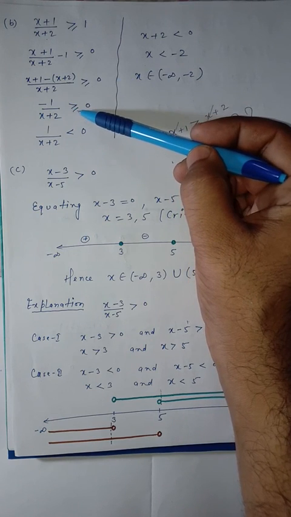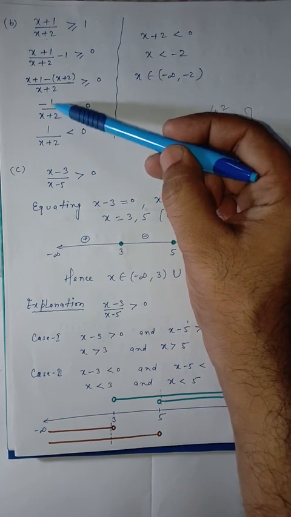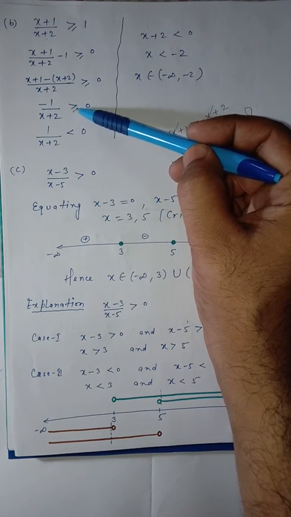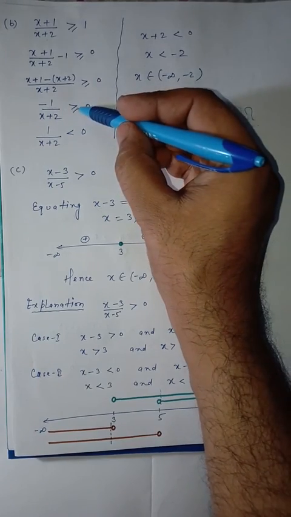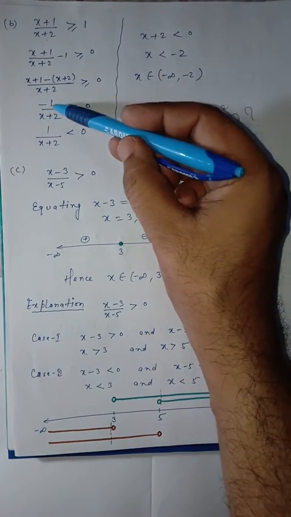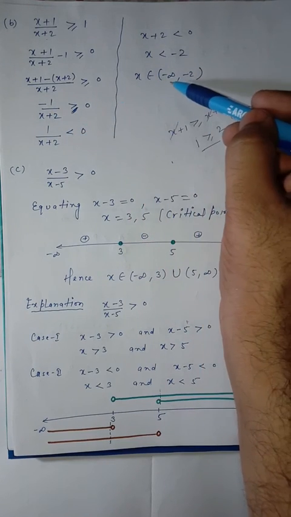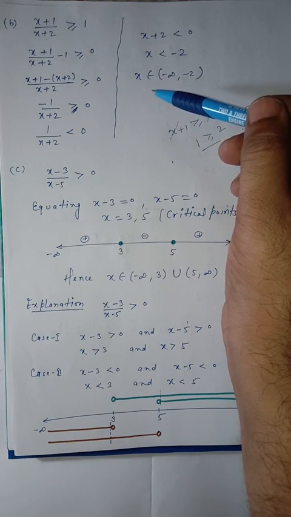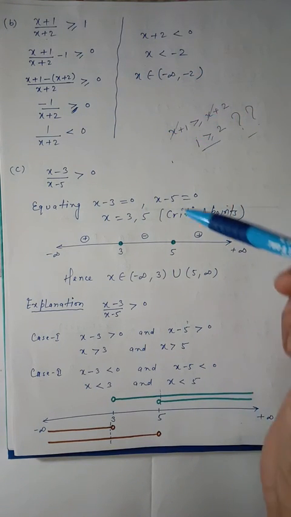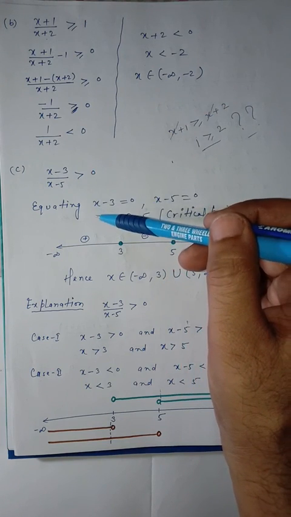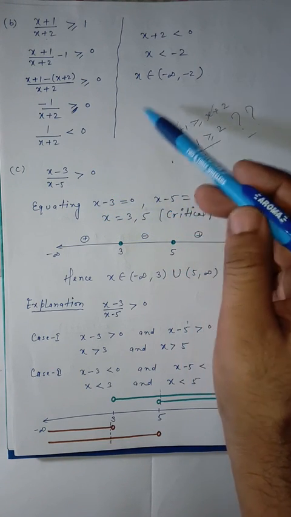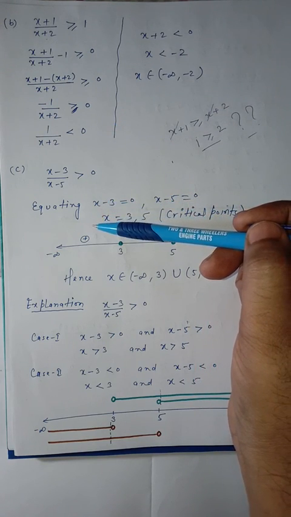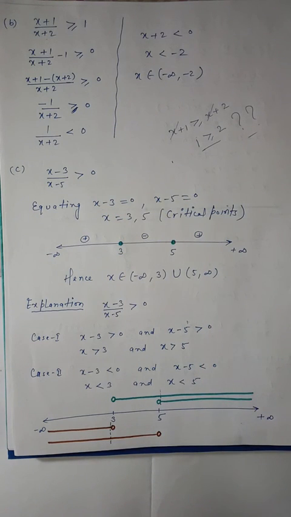So here we have to remove equality because this expression can never be 0, because the numerator is constant. So we will remove this equality here. At this step you can remove the equality, and when we multiply by minus, the sign will change, and finally we will get x belongs to (-infinity, -2). I hope things are clear. Okay, and the rest of the part I will take in the next video. Meanwhile, please observe these facts and some interesting information I will share with you after this video. Thank you so much.